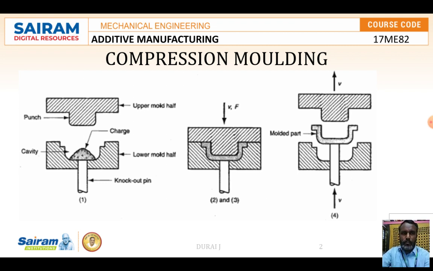The mold can be opened while still hot to release the molded product. This is the opening position. Once the pressure is applied, this will be the second stage, where the charge is compressed and cured. In the first stage, the loading takes place. This is how the compression molding process takes place.